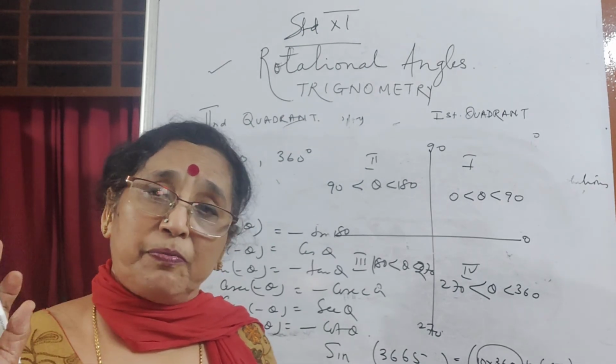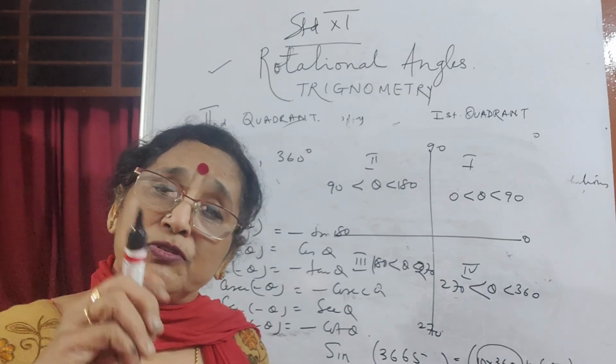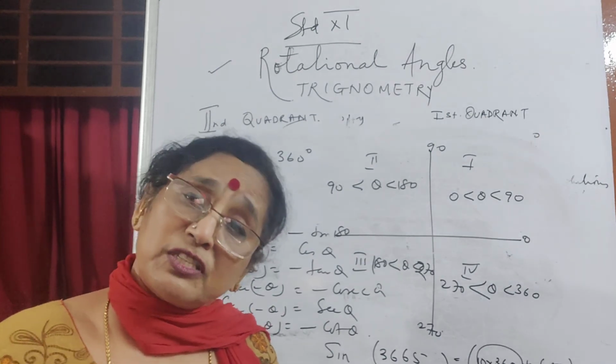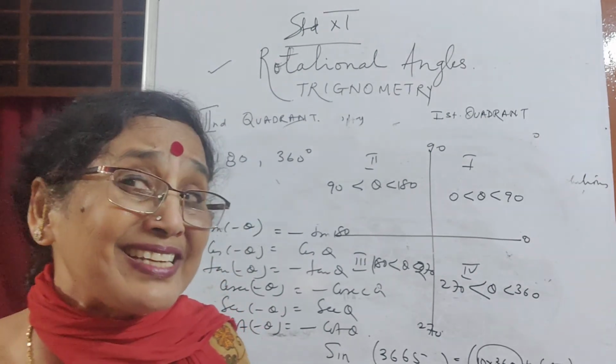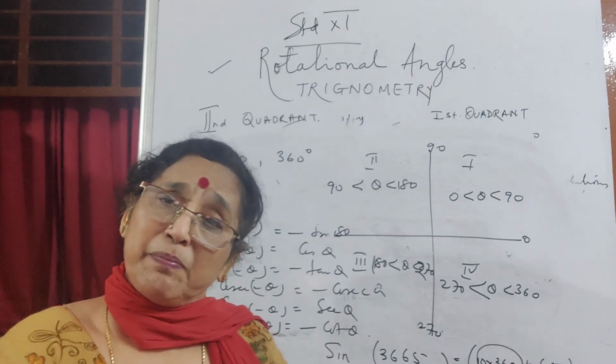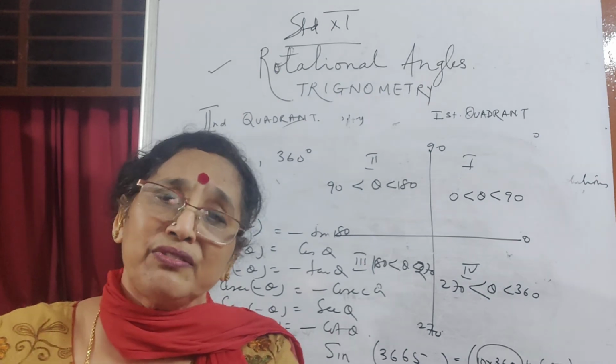Only an even multiple of pi is a complete rotation. When I say 8 pi, 10 pi, 12 pi, it means 4 revolutions for 8 pi, 6 revolutions for 12 pi, and 10 pi is 5 revolutions completed, and you come back to the 0 line. But when I say 11 pi, you will say 10 pi plus pi. So remove 10 pi, then pi. And what are the values? Sine 180, sine 0, sine 360.